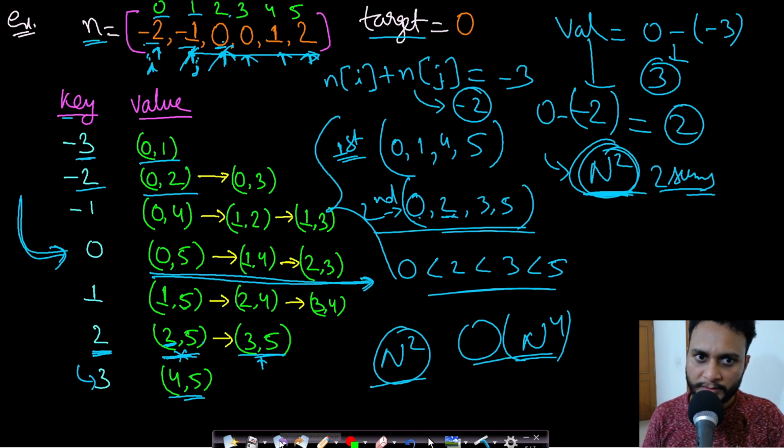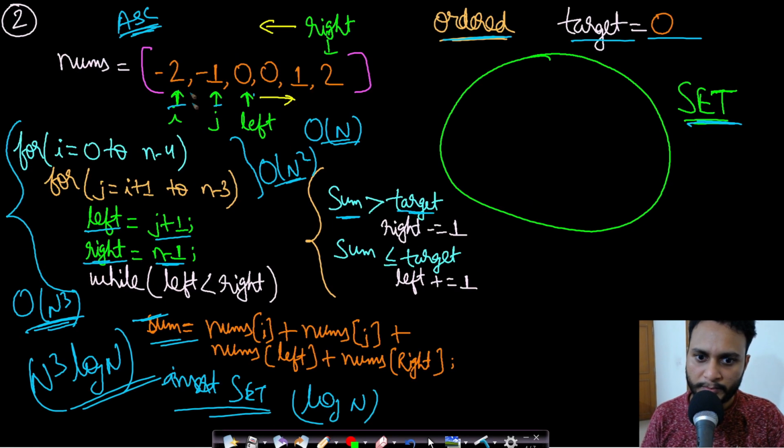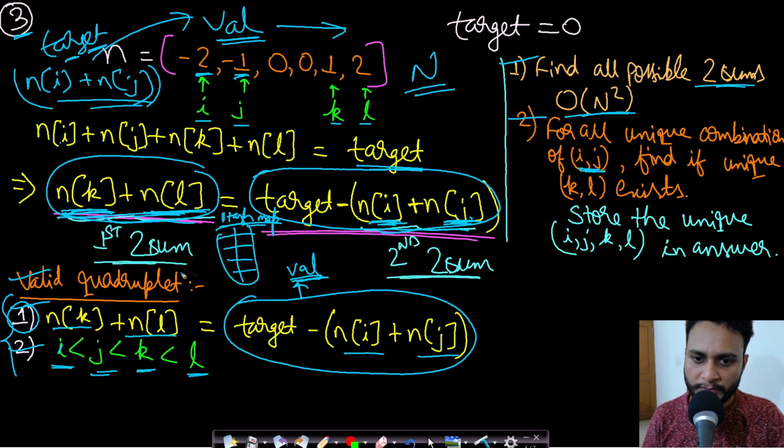I found that the second method was much more intuitive and it has lower time complexity as compared to the hash map. So it just depends on you which technique clicks in your mind. If you have solved the perfect subarray problem as well as finding the number of subarrays with a given sum in an array, then this third technique might click in your mind. So it varies from person to person. I hope you were able to understand all these three techniques.